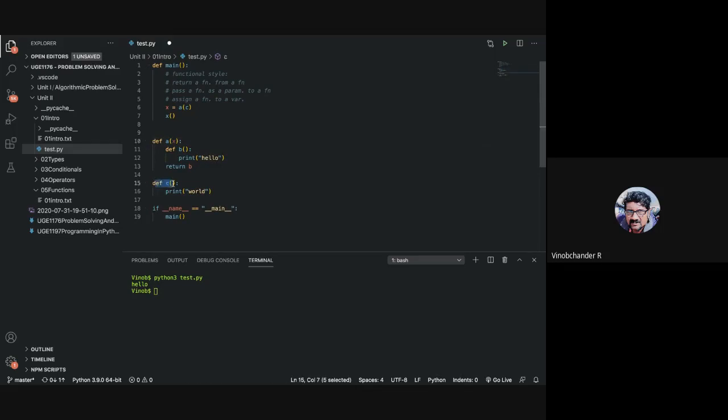Now, if you want the definition of this particular function to be executed from within A, what can you do? That is the purpose. Now we are not doing anything with C, or C is not getting executed at all. C parenthesis. Where? Tell me the line number. Line number 6.